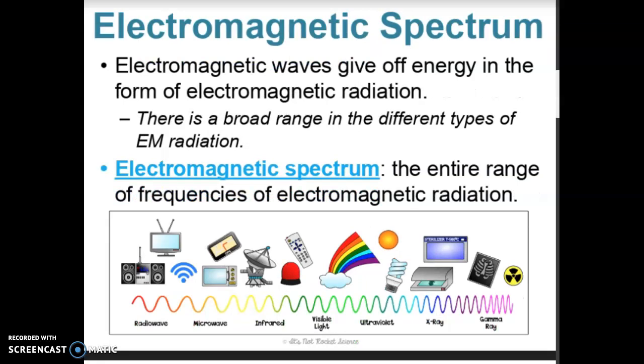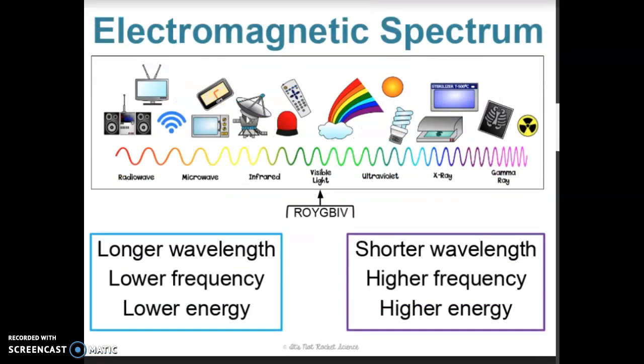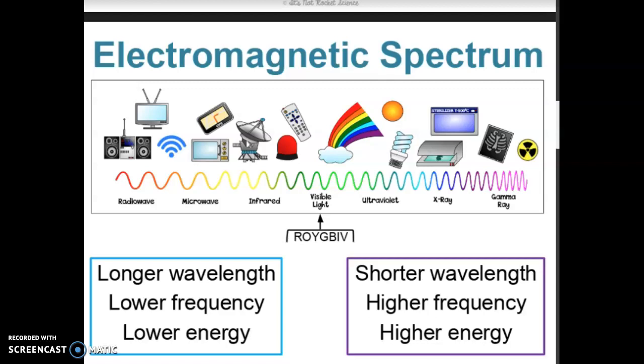The first thing that we're going to discuss is a little mnemonic, and it's Roy G. Biv. So it starts with radio waves, that's the R, and then we have microwaves, infrared rays, visible light, and that's where we start with the Roy G. Biv. So radio, micro, infrared, that is not Roy G. Biv. Ultraviolet, X-ray, gamma, not Roy G. Biv. Visible light is the only one where we use Roy G. Biv.